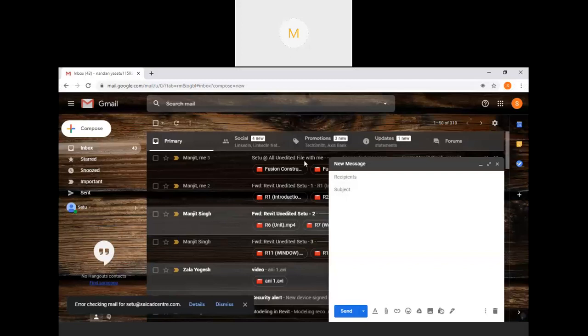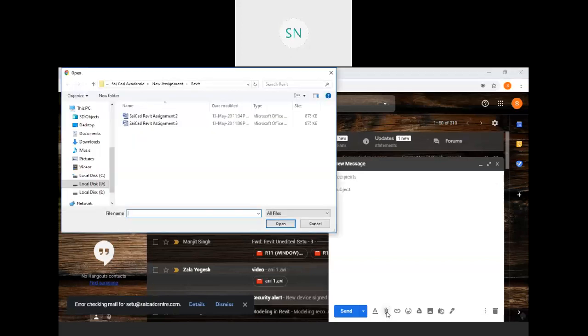Okay, see, this is my Gmail. Here you have to write the email address, your name and assignment number, and whatever instruction is there. Now click on attach file and go to your file location.